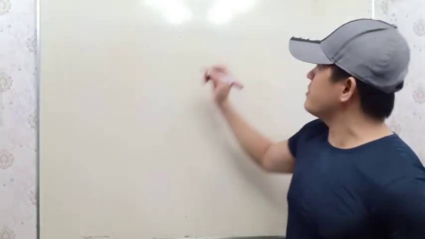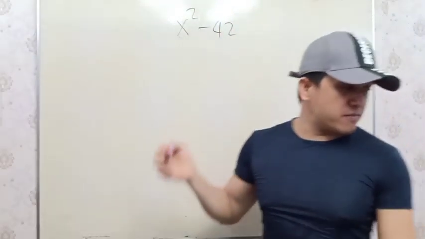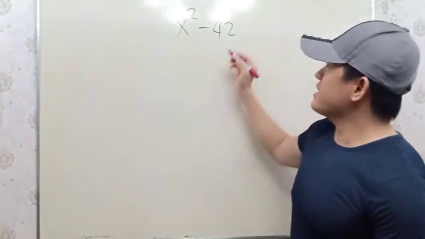Okay, next, number 2. Which of the following is the factorization of the binomial x squared minus 42? Okay, x squared minus 42. Which of the following factorization? Okay, there you go. To factor this one out,